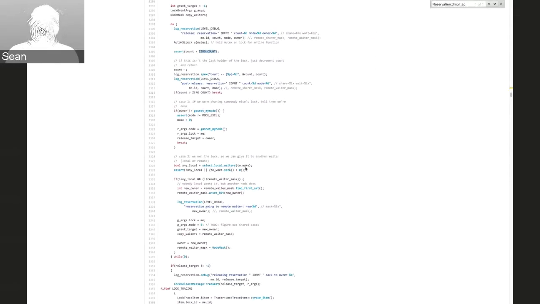And for folks that have read our papers or listened to our talks, reservations are massively unfair in Realm. If there are any local waiters, they always, always, always win. We will never transfer a lock to another node if there are any local waiters. And that's intentional because transferring a lock between nodes is much, much more expensive than transferring a lock with a reservation within a node. So basically, we'd like to exhaust all the local waiters before we transfer it to another node. And there's an assumption here that basically you can't get an infinite supply of local waiters that would starve the other nodes. And you can certainly write code that violates this assumption, but the normal use model in Legion is such that